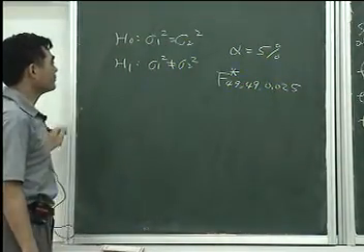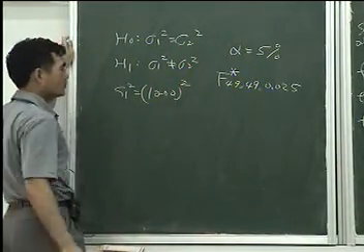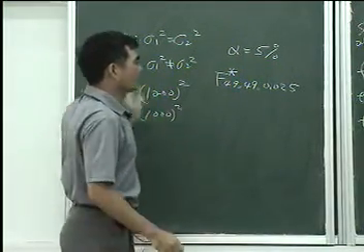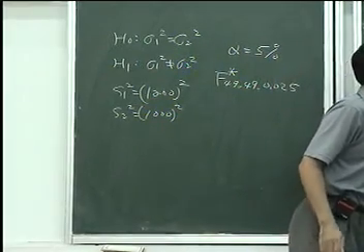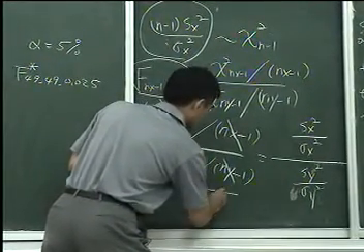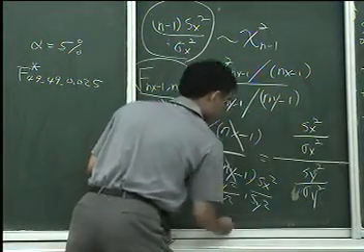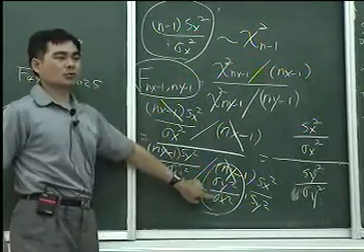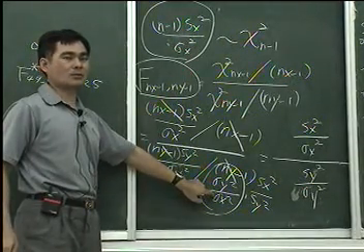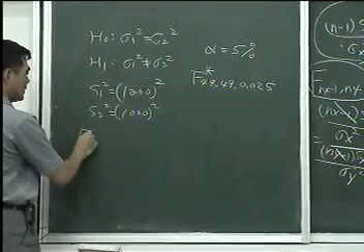0.025, right? So we know S1 squared is 1200 squared, and S2 squared is 1000 squared. And if you still remember, this is what we have. Basically, this is equal to sigma x squared over sigma y squared times sx squared over sy squared. If H naught is true, this is equal to 1. So if you are testing whether these two variances are equal to each other or not, you only need to have this,